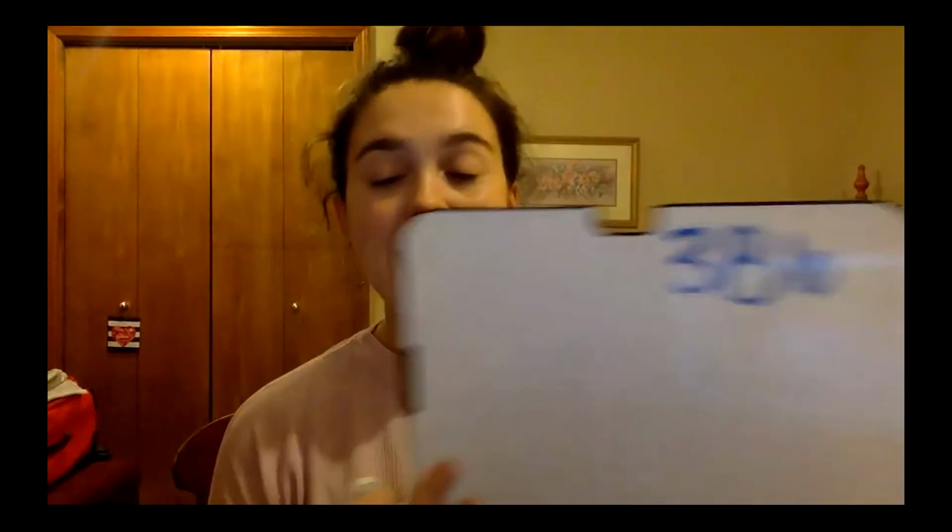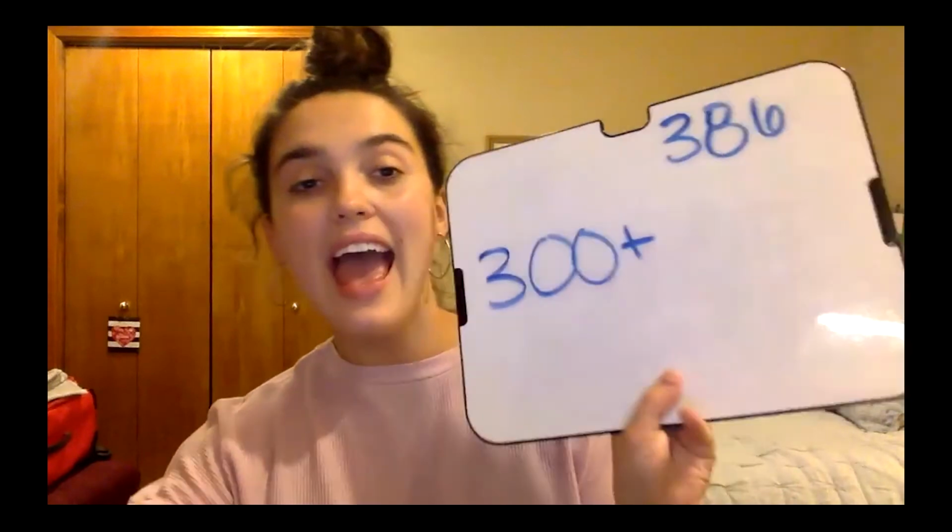so our number was 386. I'm going to write that on my whiteboard so you guys can see that. The cool thing about that is if we take 300 plus, and we add, let's just say we add 80. So let's do 300 plus 80, which is 380. Okay, and then let's add that 6. That equals